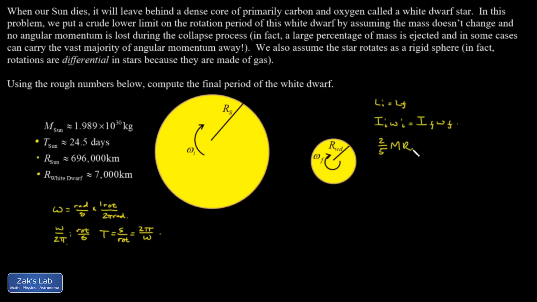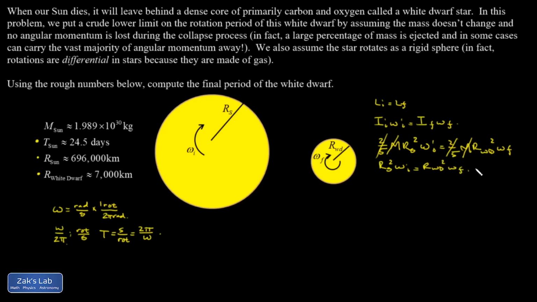M times the radius of the sun squared, omega initial. In the final state, same mass, but now it's the radius of a white dwarf. And the 2/5 cancel out, and the m's cancel out. And I end up with radius of the sun squared omega initial is equal to the radius of the white dwarf squared